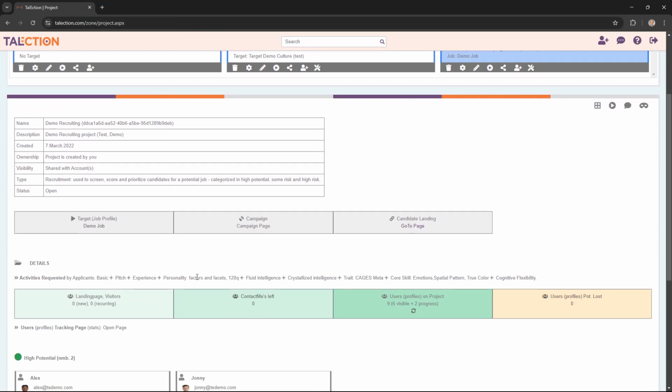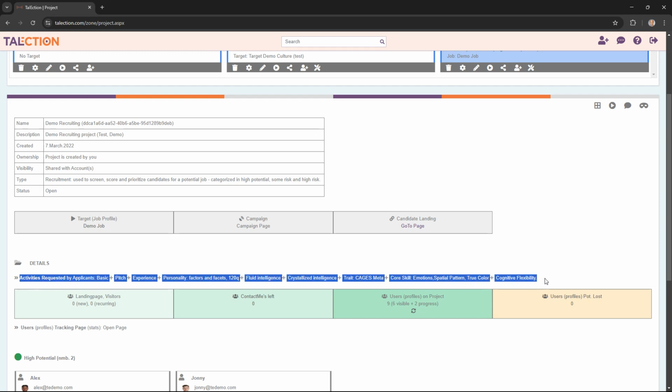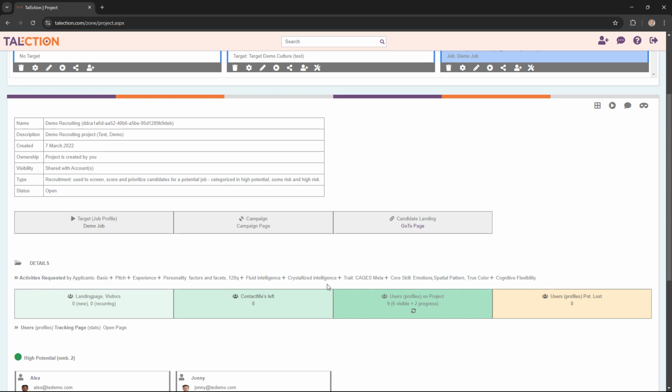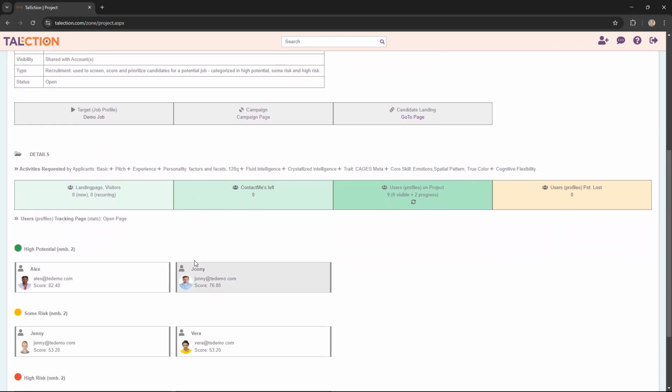Below that you have some details on the project. Here are all the activities that are activated for this project. And then you have some statistics. So first one is the number of new visitors to the landing page for the project and number of recurring